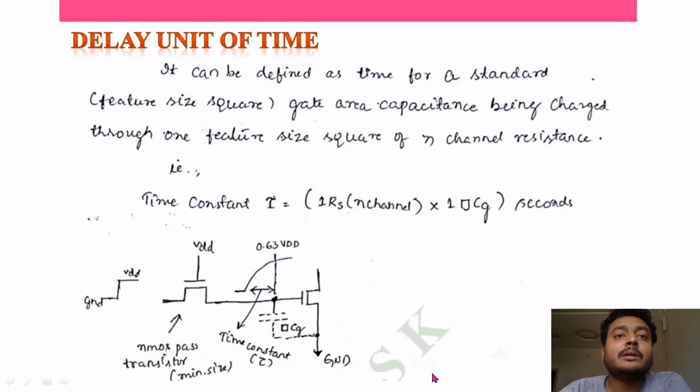So we are getting another concept in terms of time. Make sure you're not confused by that. This is your unit of time, tau. For a particular technology, tau will be different. So if you have some delay of 5 tau, the tau value can change with respect to technology.